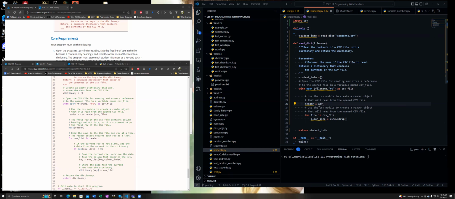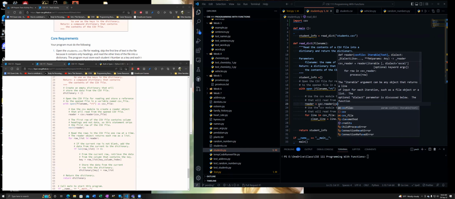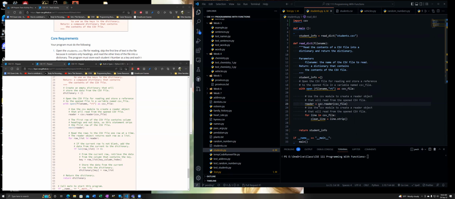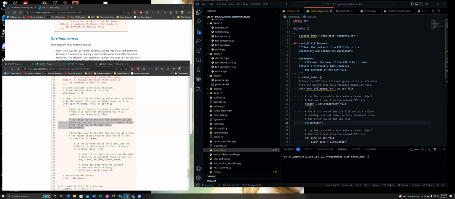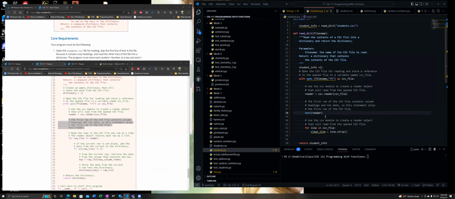Oh, wait a minute. Reader. CSV file. And then this is that function that I was looking for to skip the first line, which is what we want because that gets the header out of the way. So that will skip you, and then